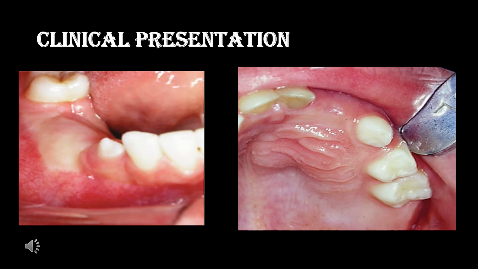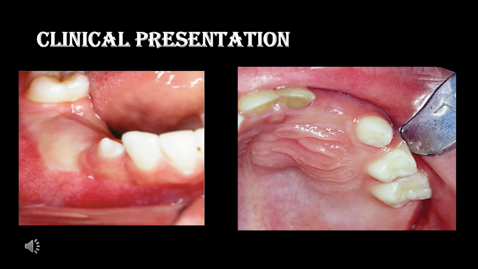Now we will see the clinical presentation of dentigerous cyst. Usually a dentigerous cyst is a solitary lesion, and it can be painless or painful. It can be a small size or a large size dentigerous cyst. The small size dentigerous cyst is usually painless, and the patient will not come with any complaints regarding it, but will come for other dental problems. During routine radiographic examination we can identify the small size dentigerous cyst.